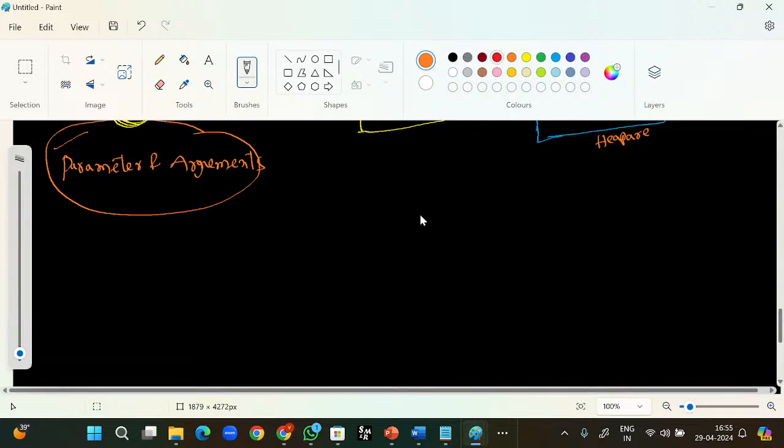Okay. So the difference is, parameters are the values which will give input to the methods. Arguments are also values which will give input to the main method. Normally, input meaning like